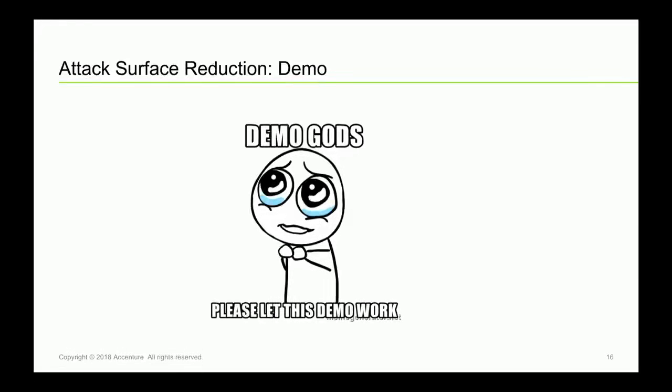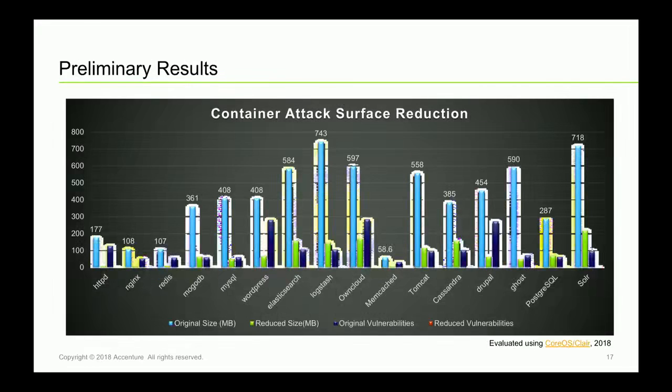That's good. Thank you. Now, if you remember what we said before about our top 20 Docker images, we actually applied the same method. The graph is not as ugly as it is on my screen, but you'll have to trust me on that. So basically here, we took the top 20 Docker images that we had before, and we ran them through our debloating process. And here are the results.